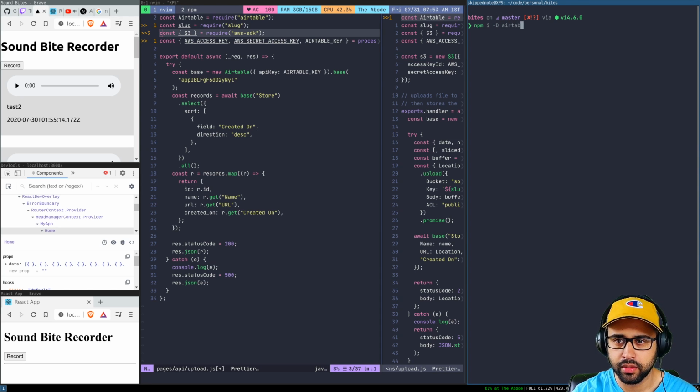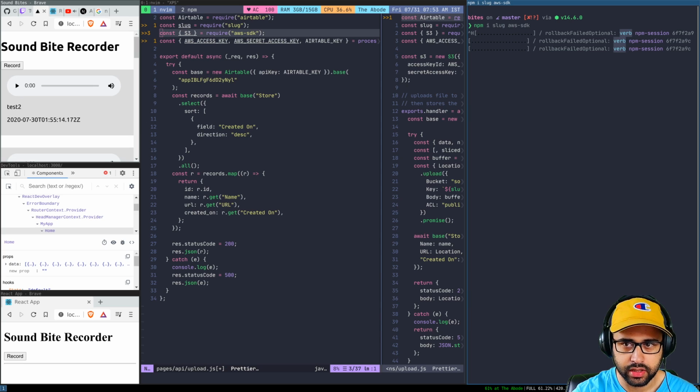So Airtable is a dependency actually. Slug and AWS SDK are actually all dependencies, not dev dependencies. Yeah, that is it. So while that installs,